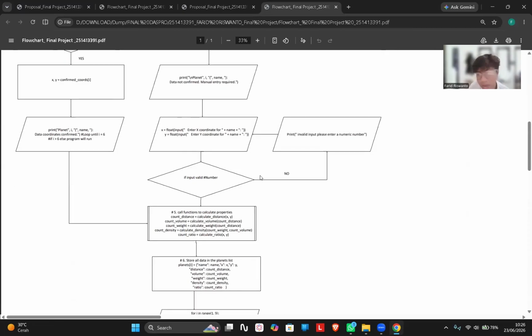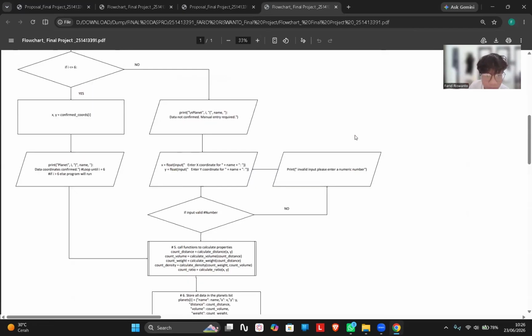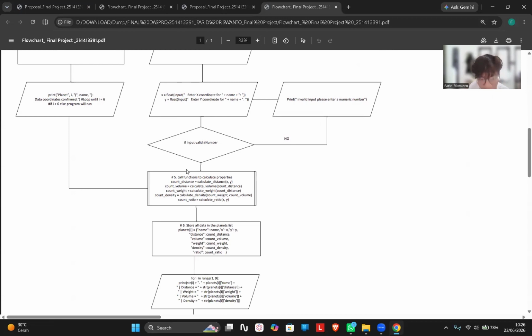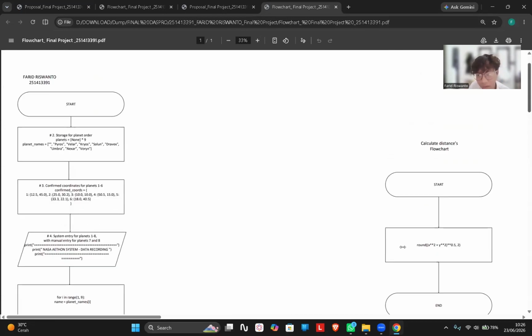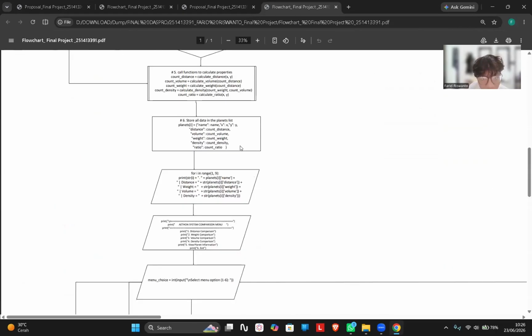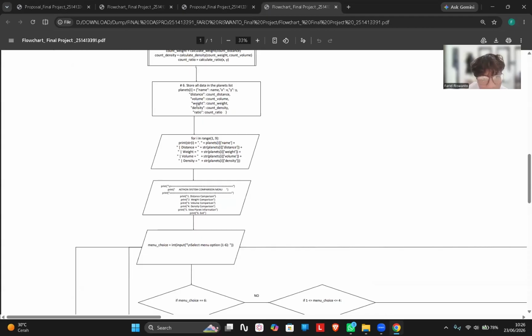If they input not a number, the system will force them to input another, numeric value. Then we call the def function over here and store all the data in the dictionary.